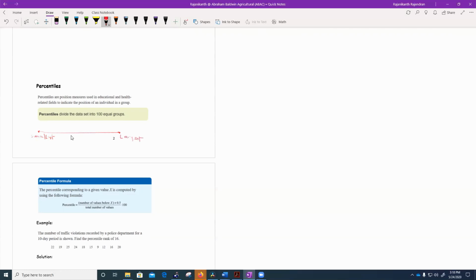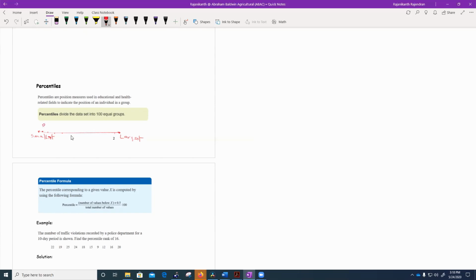Now the percentile will divide the entire data set into 100 equal pieces, equal groups, in other words, right? So if you divide it like that, you are dividing up to 100 pieces, right? So this point we call as